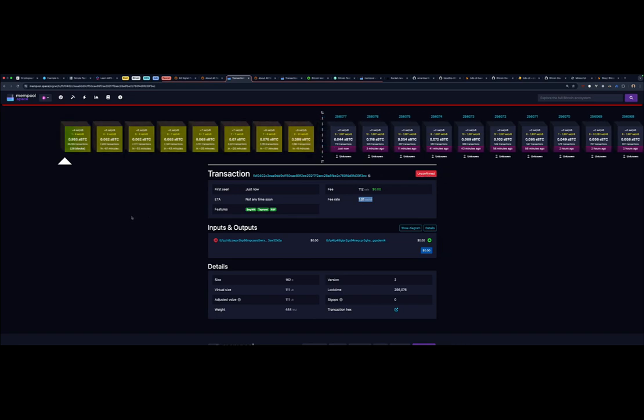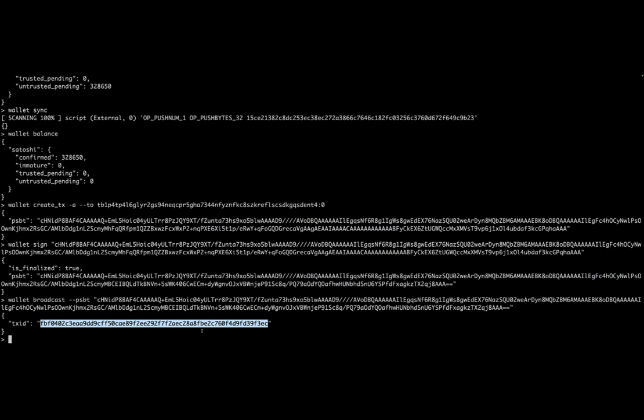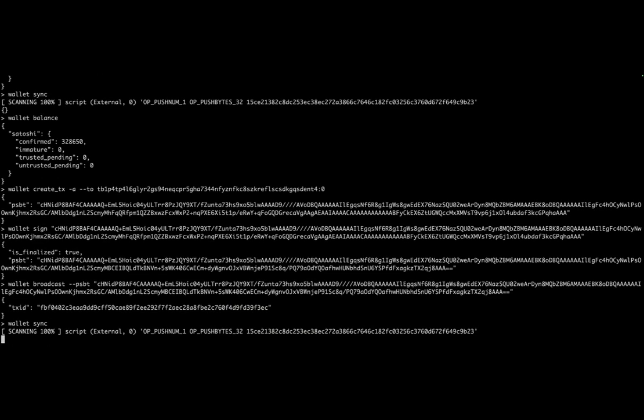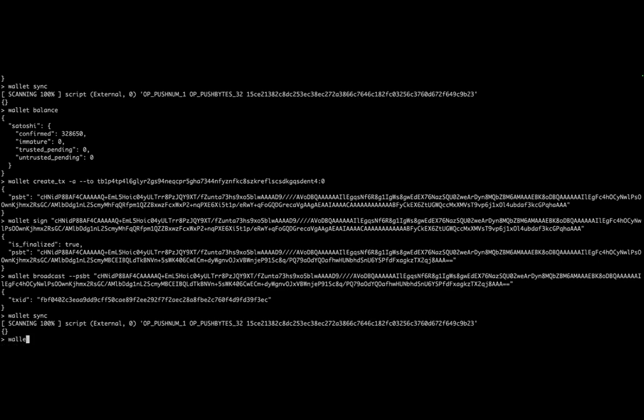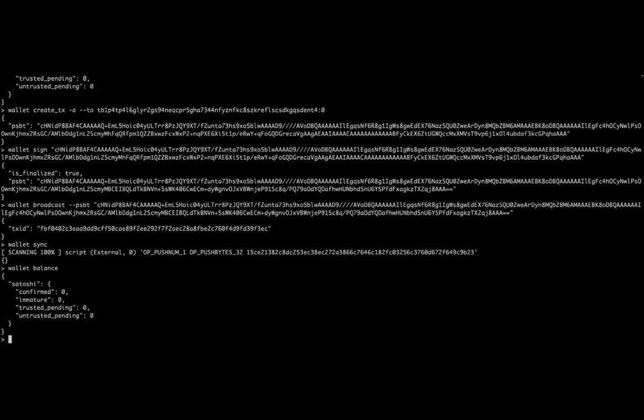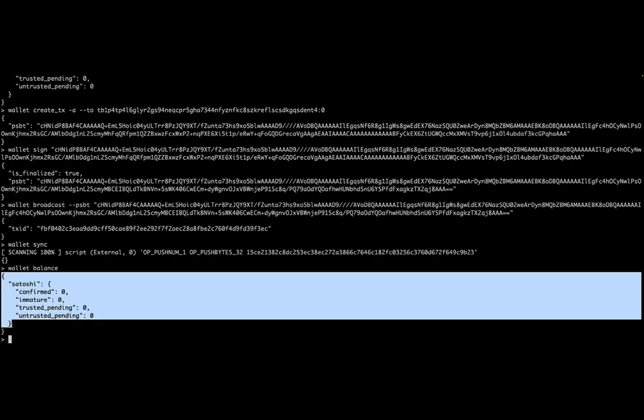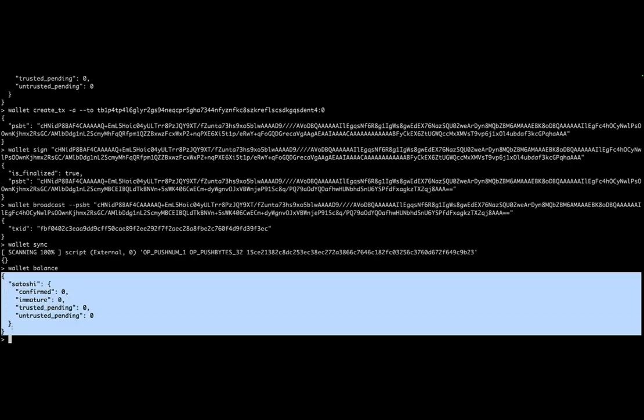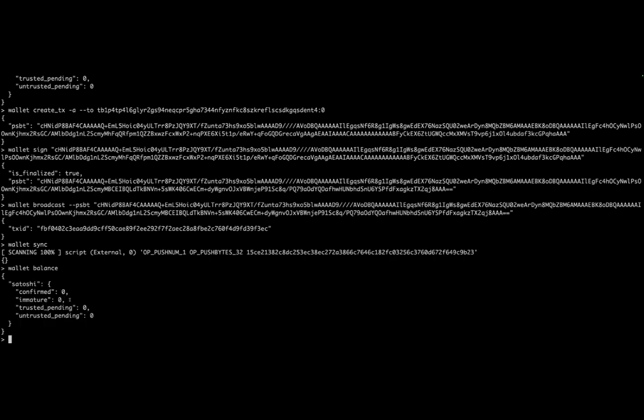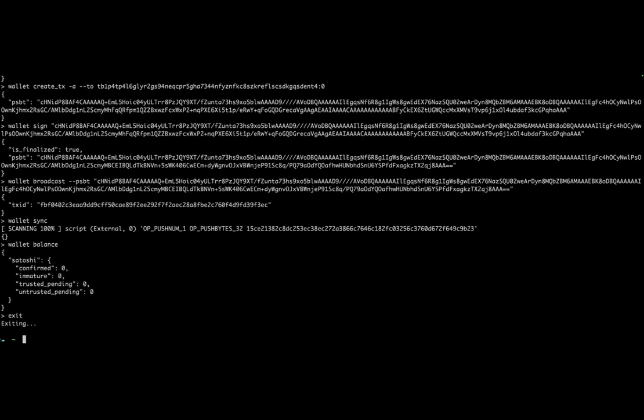So I can come back here and do a wallet sync, and then we can check our balance, wallet balance. You can see that the coins have left our wallet, everything was spent because I did a spend all, and we have back to 0. So I'm going to exit the repo, and then I will just type in